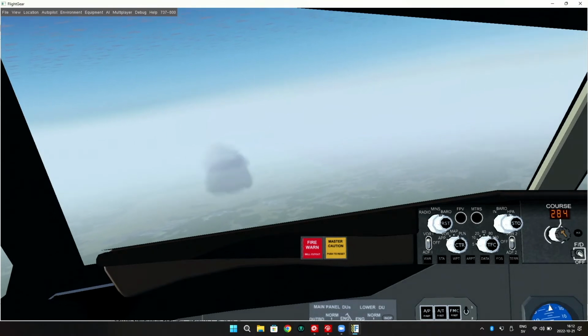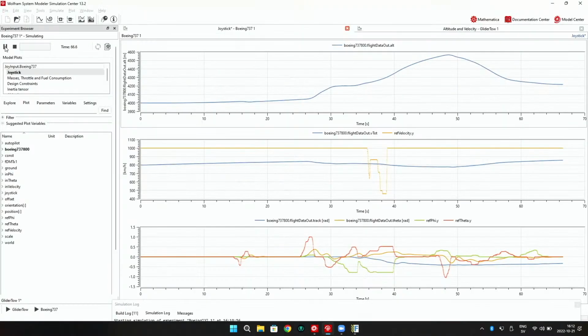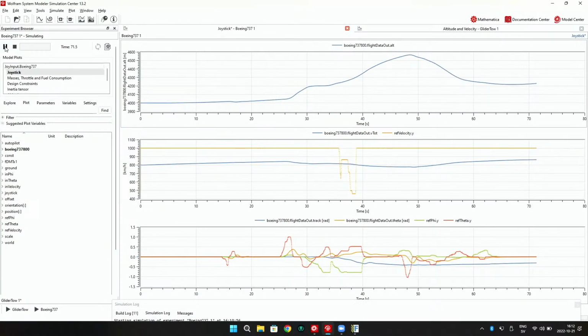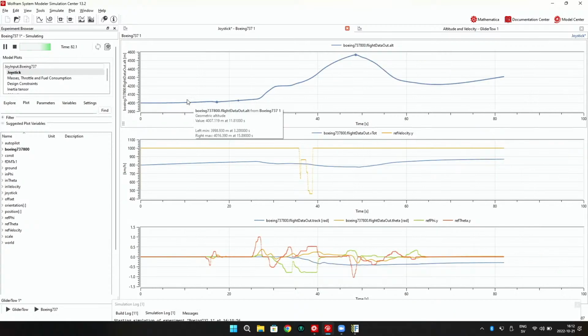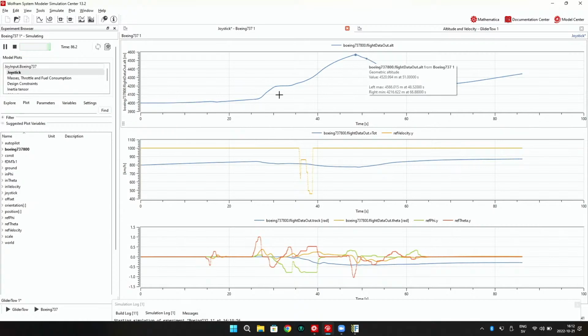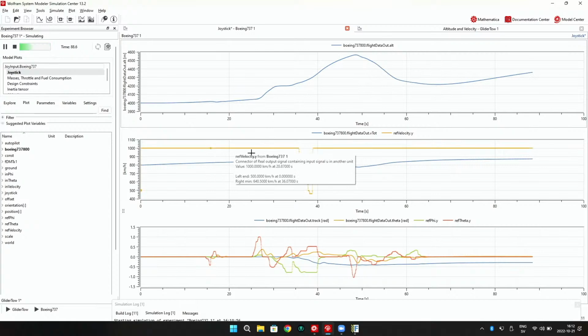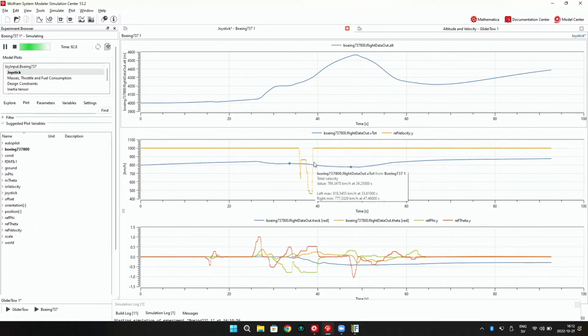Yes, but the difference from a video game, of course, is that at the same time we're seeing what's happening in all the details. The curves we see here, the lower part, are the movements you made on your joystick. And you actually increased from 4,000 meters up to 4,600 meters. So you elevated 600 meters, and then we changed the velocity for a while, where we played around with the throttle and things like that.